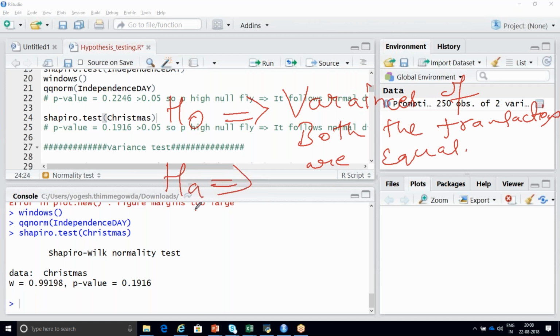What will be your alternate hypothesis? The variances of both the transactions are not equal. You should write it in this way.